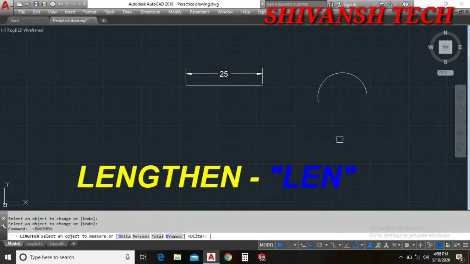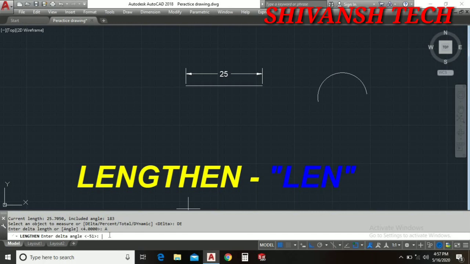It's done. Now if you wanna again select delta and if you wanna change the angle, so you can, and then just select once again lengthen command, select object. Now angle is of 183 and let's select delta here and then select angle. We can give the value positive or negative. We can increase or decrease the angle. Now it's 183 and let's take this angle 90 degree that we want.